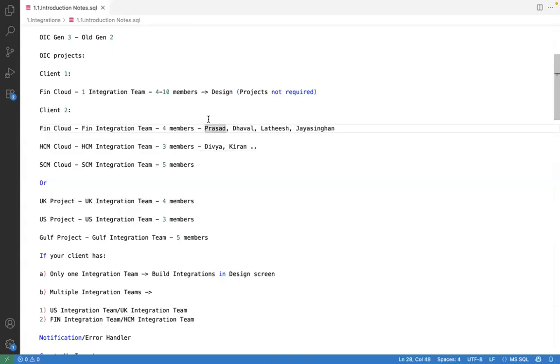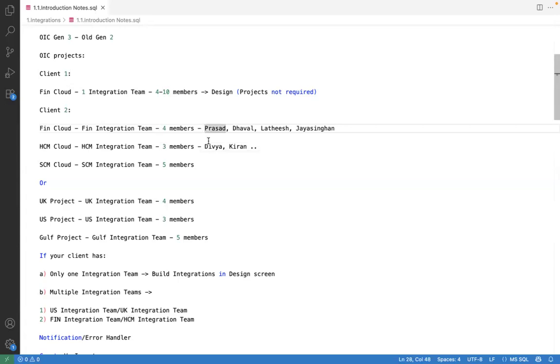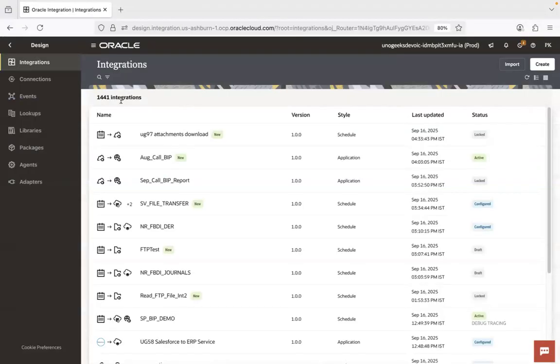But the problem is, if you need access control like this, then we cannot build the integrations directly in the design screen. Because if I build finance related integrations here, if Divya logs in from the HCM team, her username will be applied as a filter. And if she takes off her username as a filter, she will be able to see all the finance related integrations. And that is exactly where